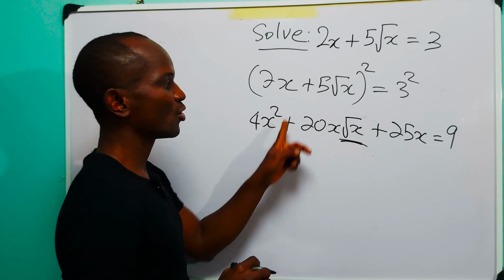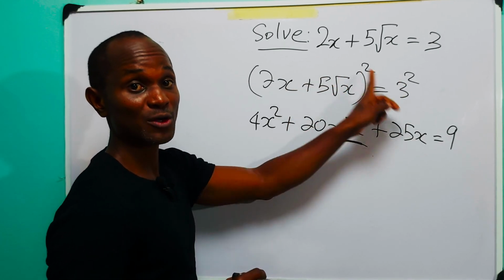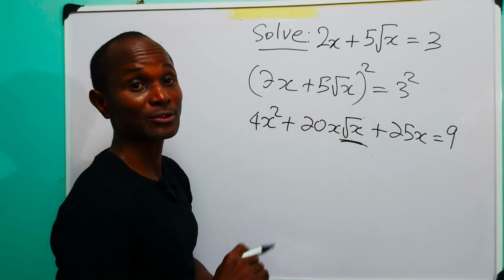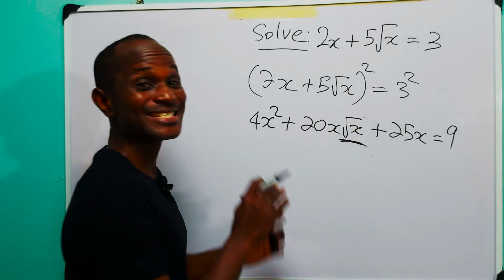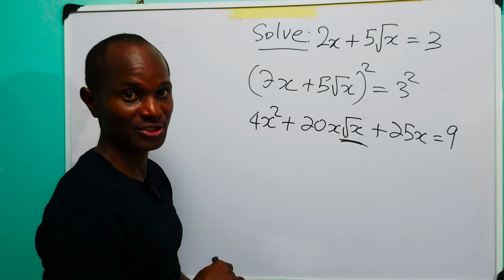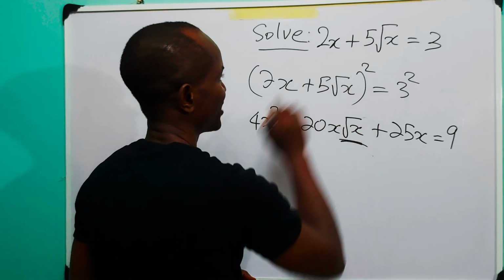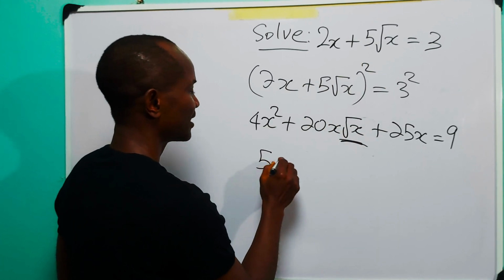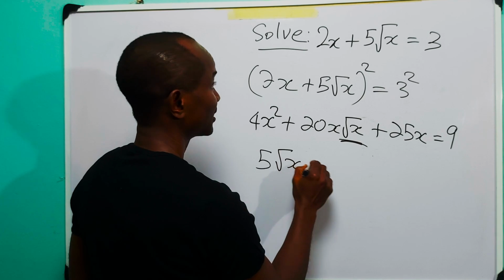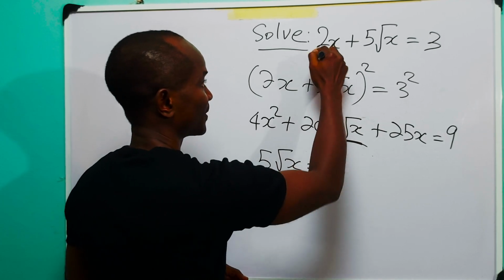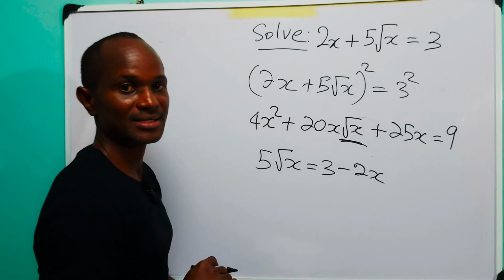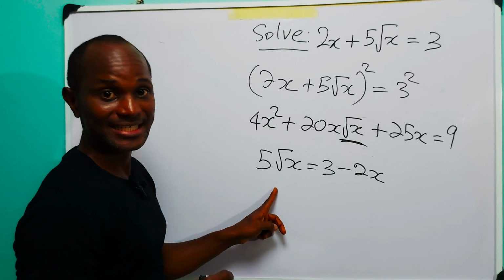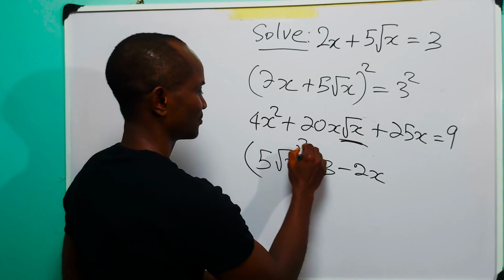So before we raise the two sides of the equation to power 2, we must make sure that the term with the radical is alone on one side of the equation. That is, rearranging this, we have that 5 square root of x is equal to 3. 2x going over will now become minus 2x. Written in this form, we can now go on to,